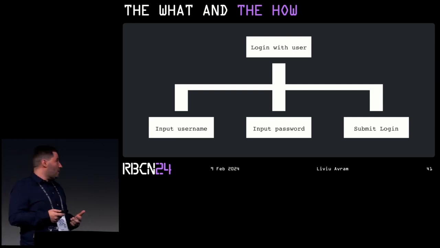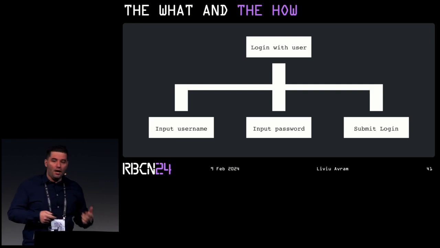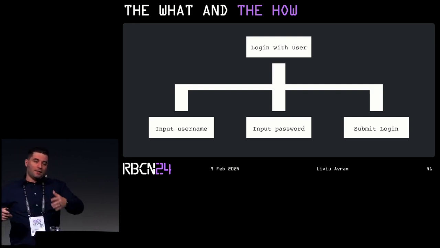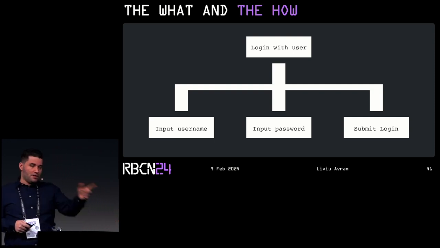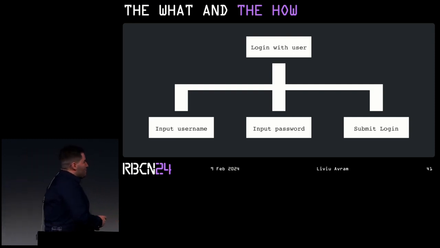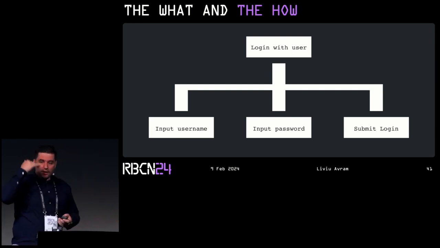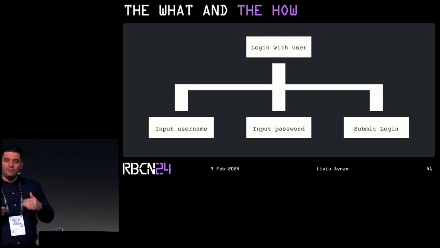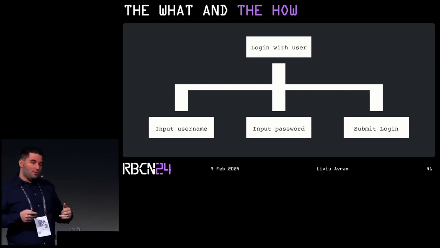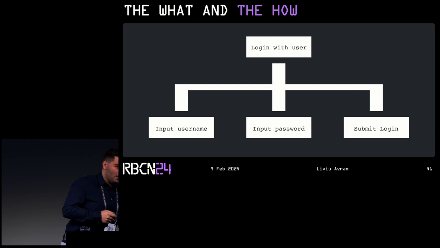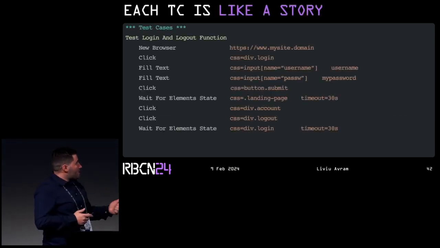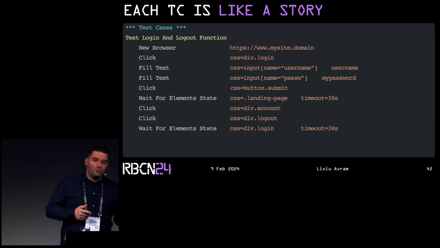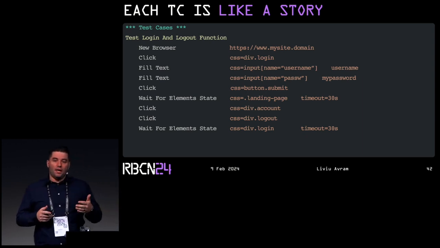What do I want to do? I want to input the username. How do I do it? I fill text in a text field. So as you go lower and lower inside a high-level keyword, you will always end up having the low-level keywords at the bottom. And I said in the beginning that your Robot Framework project should be like a book and